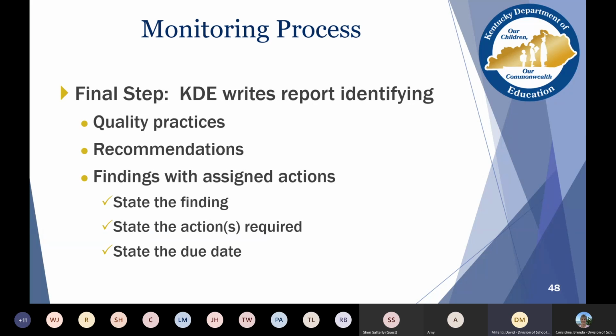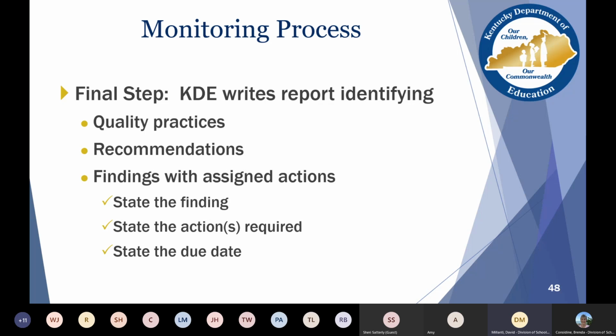We will come in as a group and monitor the district's programs. All the different programs will do their own thing. They'll kind of go through the district, monitor and interview those things, and people that we need to talk to will come back.